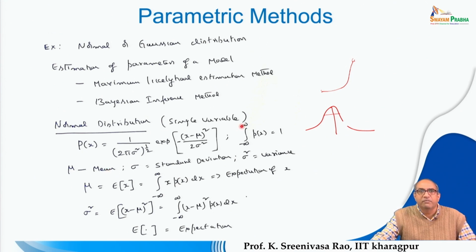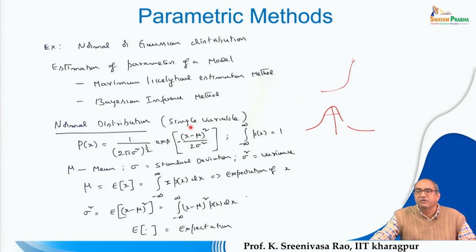So for a single variable, the normal distribution can be defined using this expression. That means by knowing the parameters mu and sigma, if you want to find out the probability of a feature vector from this particular distribution, it can be estimated by using this. By substituting the feature vector over here, and by knowing the parameters mu and sigma, we can estimate the probability of these feature vectors drawn from the distribution